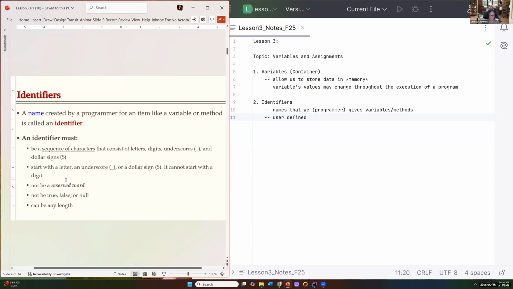But when we come up with our variable names and our method names, we cannot use those reserved words, those words that mean something special to the Java language. We can't use the word true or false or null. Those mean something special to the Java language. And our identifier name can be of any length. So those are very important rules that we've got to follow,